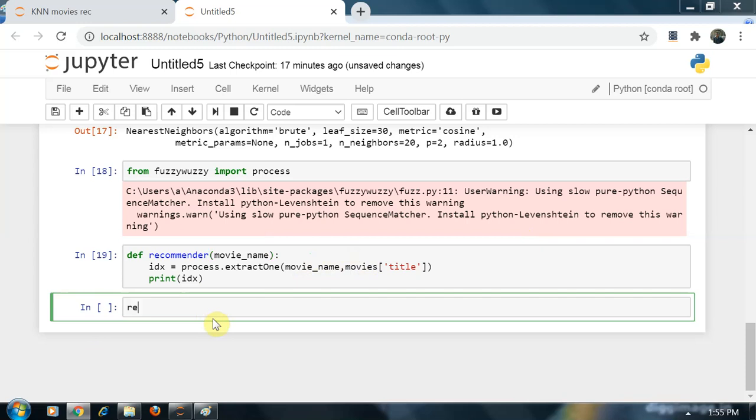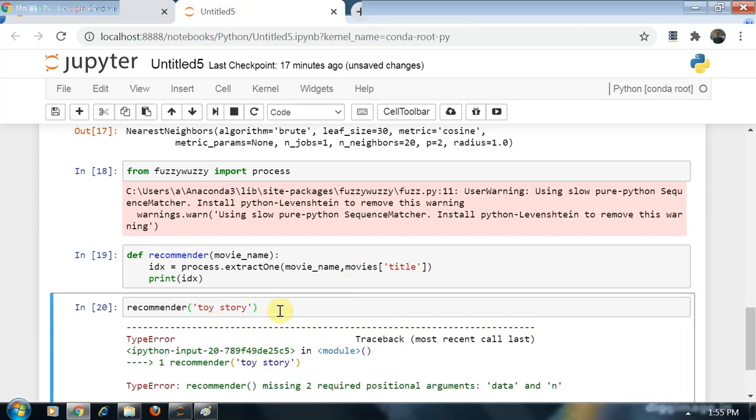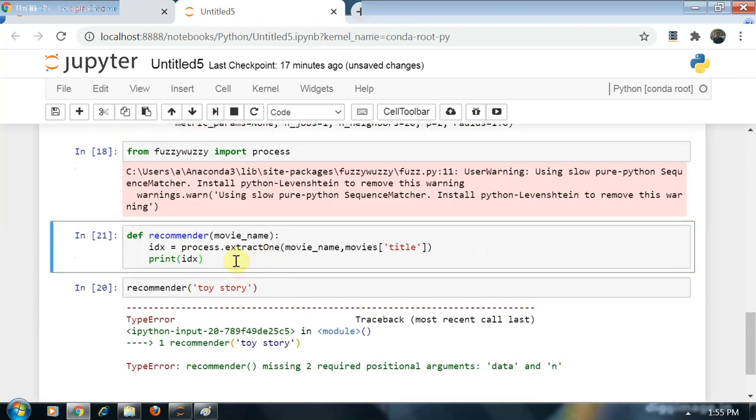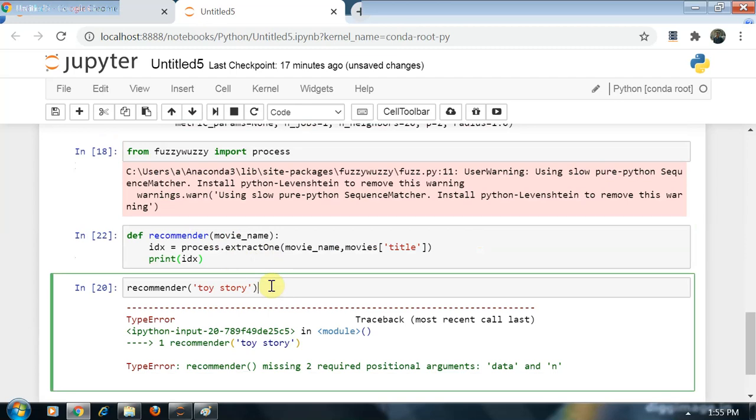Look, I am calling my function recommender. Okay, and suppose I am passing the name of the movie Toy Story. Now I search this movie. It will take some time. Execute this first, then this.